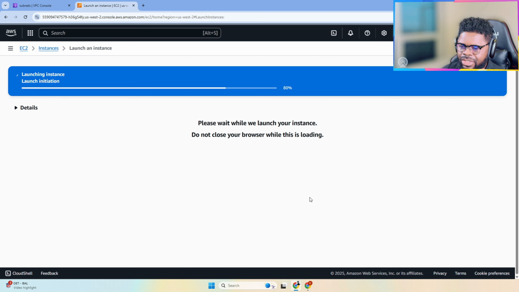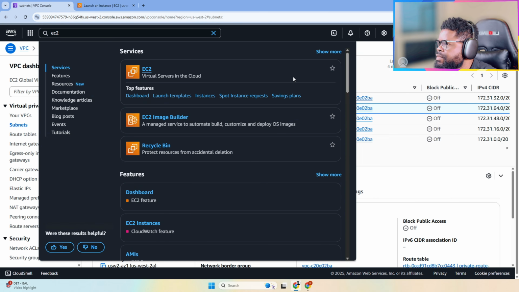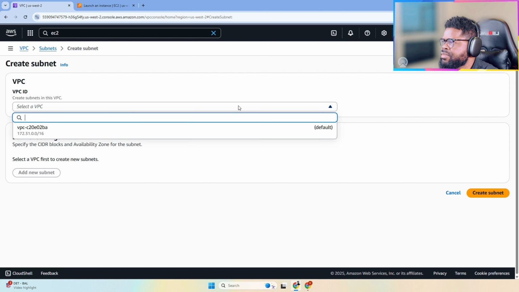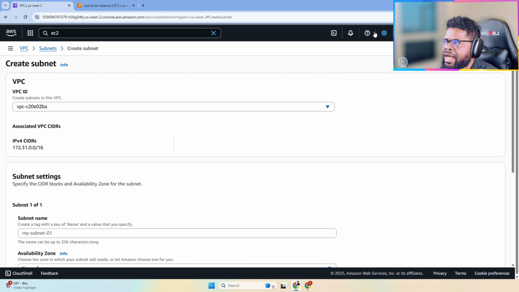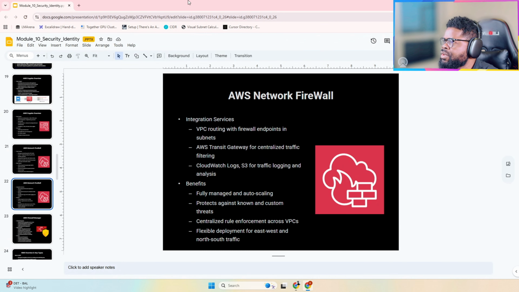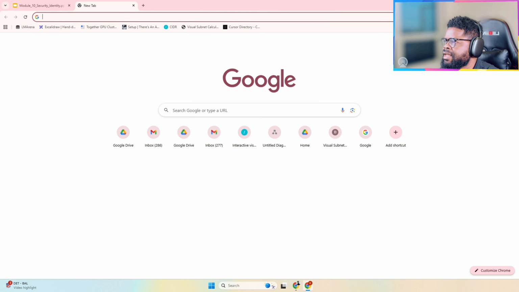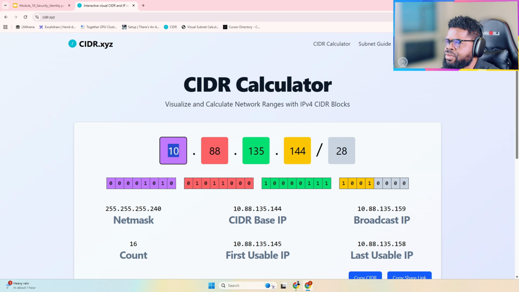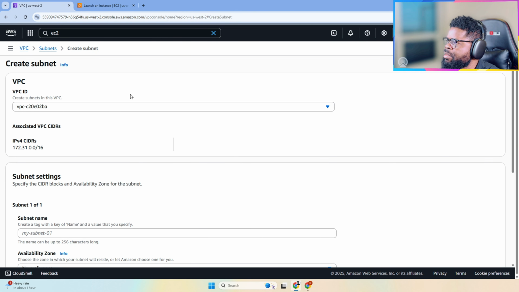So it's launching. While it's doing its thing, we'll go back to our subnet. And this is where we now need to create a subnet. So in this case, we are going to create a subnet. We're using this VPC, right? I already have it, so I'm going to go back to this slide. So I'm going to go CIDR, and remember, if you think about where we're coming from, sorry, let me go back to where we're coming from. This is the VPC, this is the CIDR